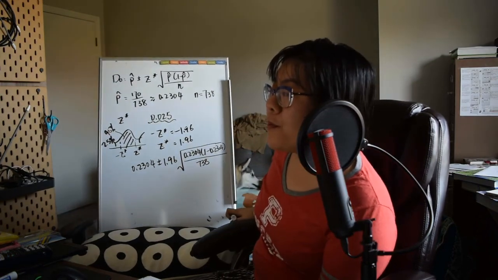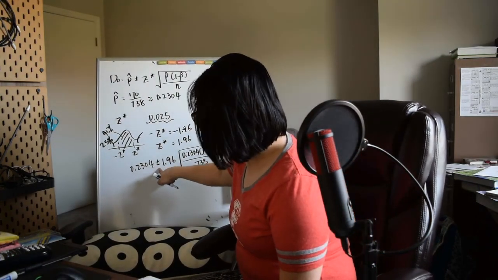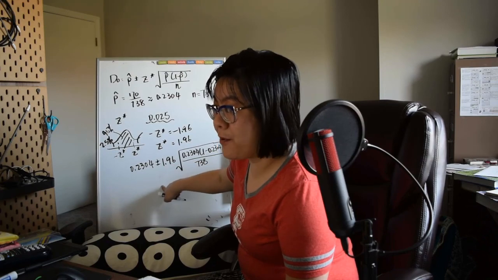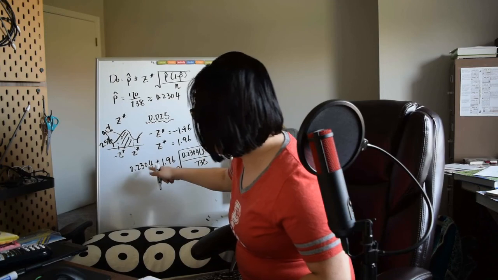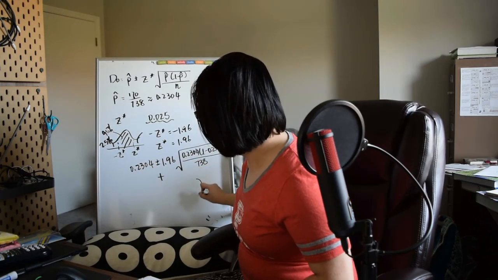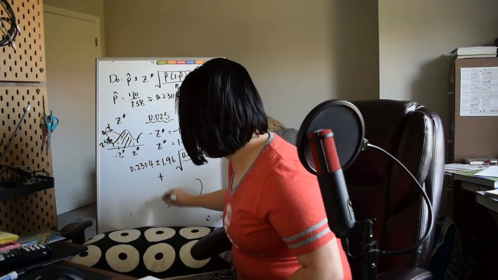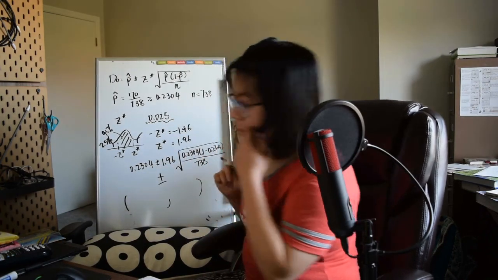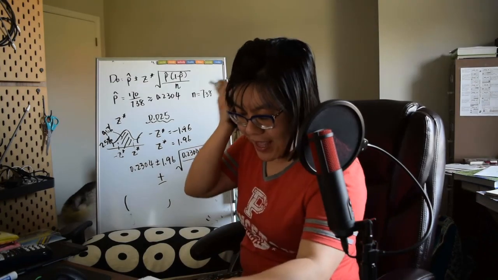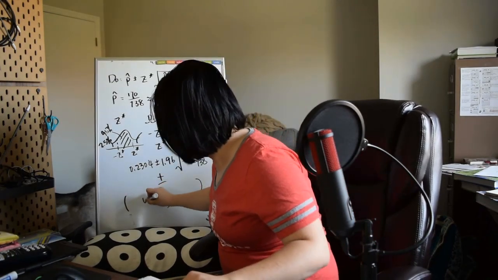And when you put in the calculator, you're gonna put in plus and minus separately. Okay, so first of all, you need to put plus over here, get the answer, which is your upper bound, and then you put minus over here, get the answer, get your lower bound. After everything you do, you will get the answer 0.2